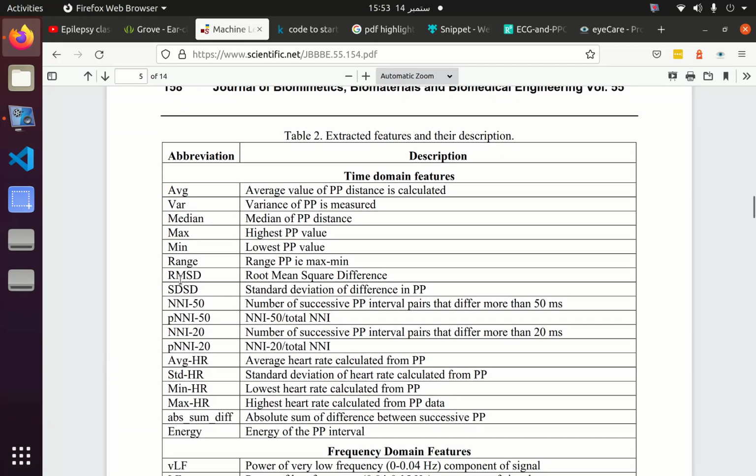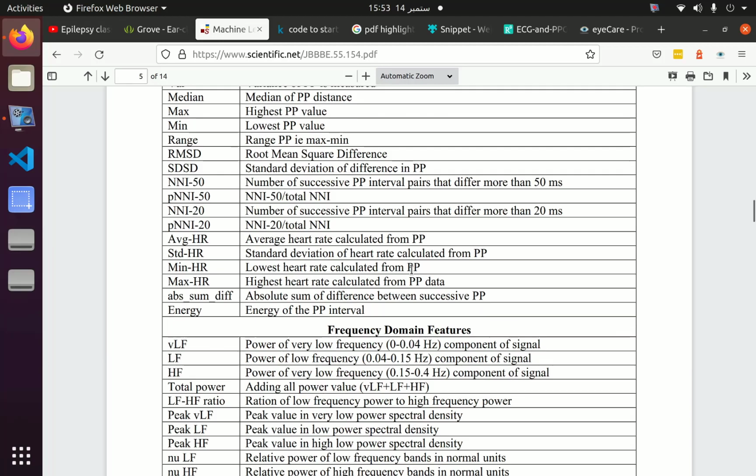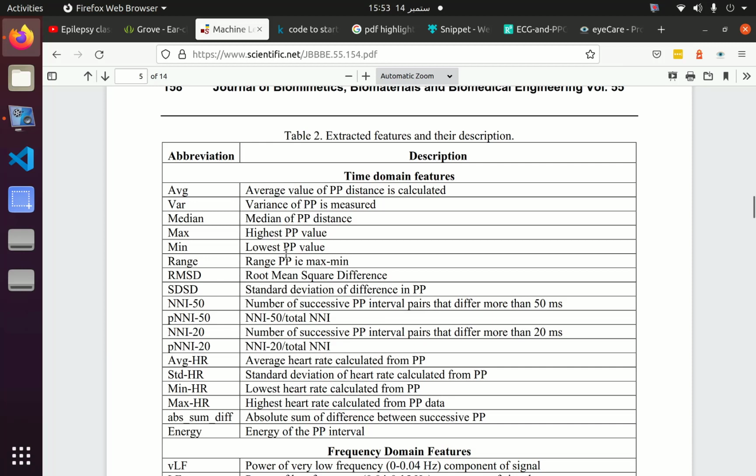We have used a lot of features, that is time domain features, frequency domain features, and also nonlinear features. Let me explain some of the time domain features. You are aware of the root mean square of differences and the standard deviation of peak to peak intervals. You have the peak to peak intervals and you have to calculate the standard deviation. This is a very simple thing. And the other thing is NNI-50, the number of successive peak to peak interval pairs that differ by more than 50